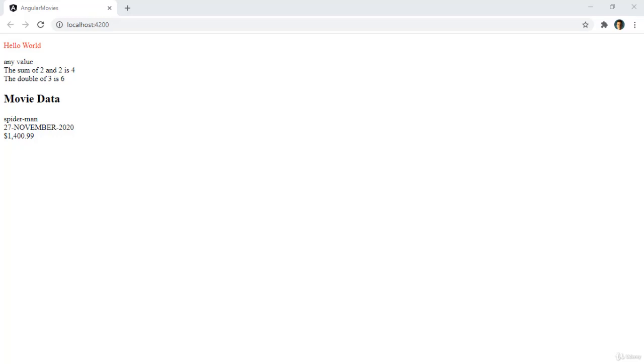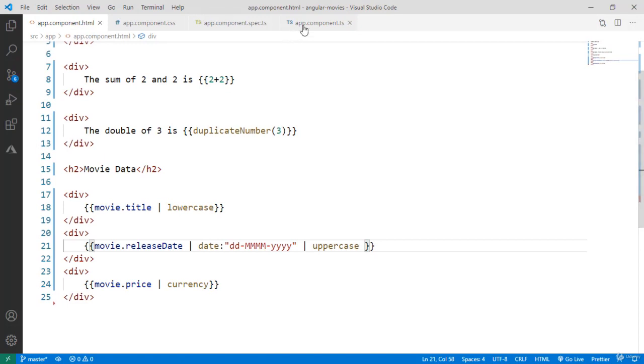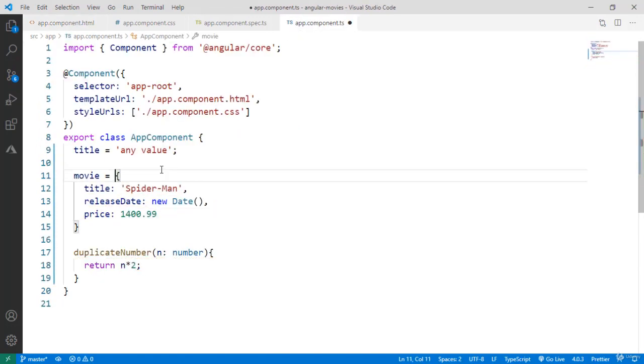In this video, we're going to talk about NgFor. With NgFor, we will be able to iterate a list of elements so that we can display something for each element. For example, here we have a single movie, but what if, instead of having one movie, we have several movies? For example, let's go to Visual Studio Code and let's make this an array, and let me copy